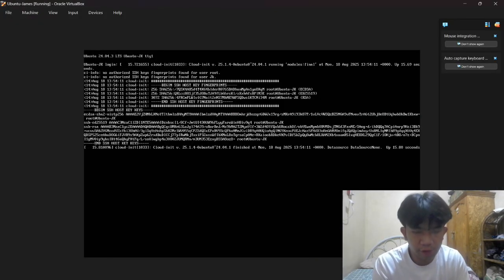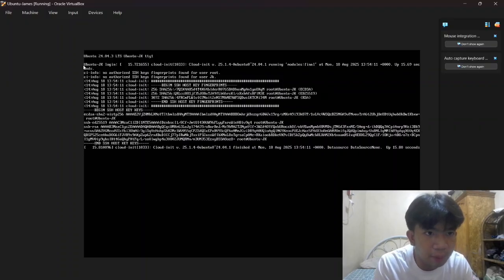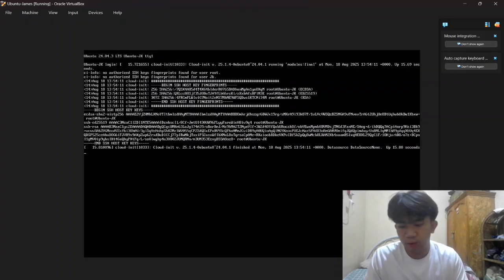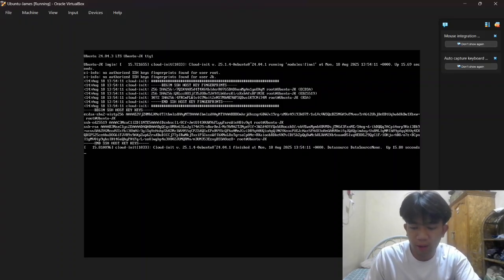So as you can see, if this kind of lines pop up on your display or screen, it means that Ubuntu server has been successfully installed. So let's try it by logging into the account that we created before. So let's press enter. So let's log in.